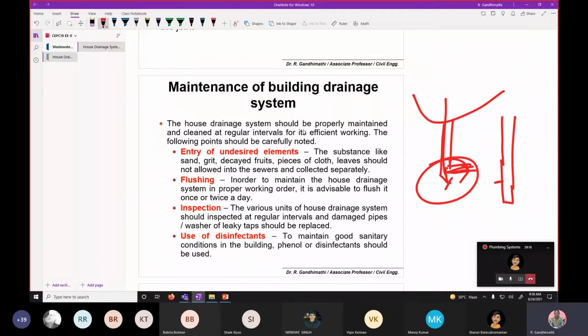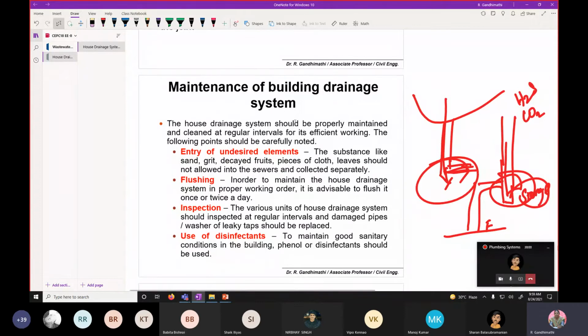Then this will connect to the drain at the floor level. Now this portion will act as a storage. If there is no provision to remove this, then over a period of time you can see the liberation of foul-smelling gases. Because of the decomposition, it leads to hydrogen sulfide and then carbon dioxide gas. Therefore it is very difficult to clean this. So while purchasing items related to this, you have to spend some time and do some analysis, whether it is good or not.